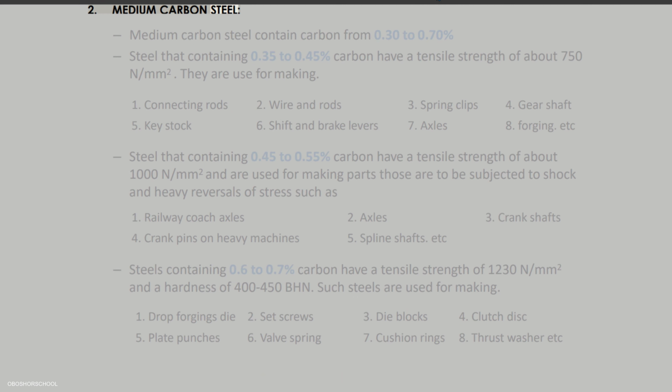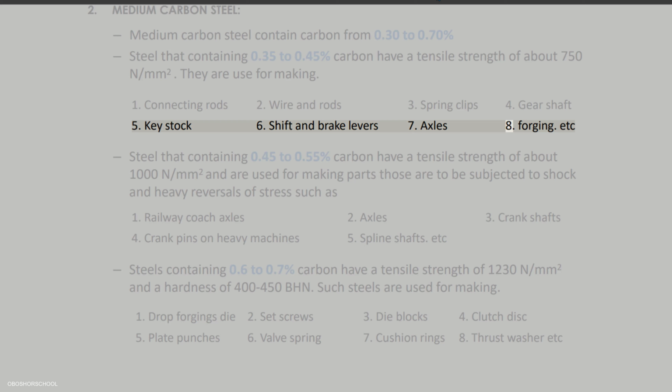2. Medium carbon steel. Medium carbon steel contains carbon from 0.30 to 0.70%. Steel containing 0.35 to 0.45% carbon has a tensile strength of about 750 N/mm2. They are used for making: 1. Connecting rods, 2. Wire and rods, 3. Spring clips, 4. Gear shaft, 5. Key stock, 6. Shift and brake levers,